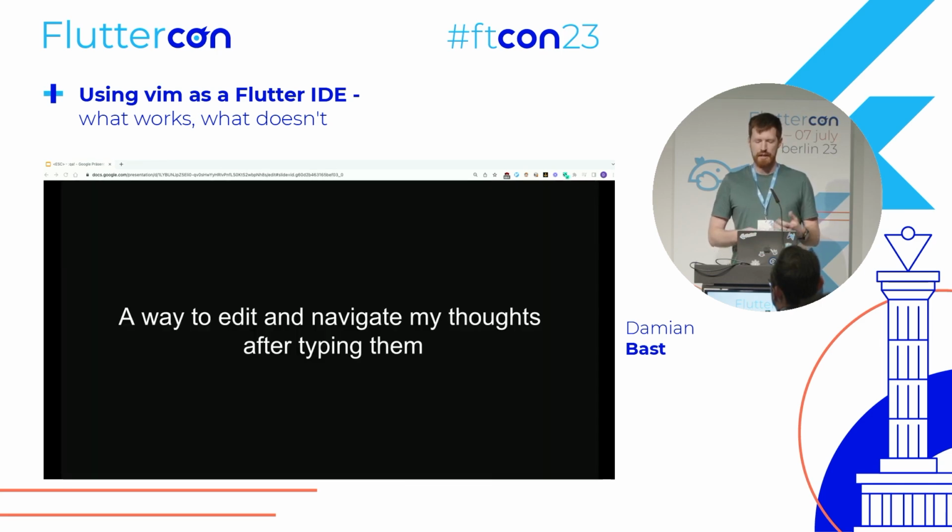And looking into what Vim then is for me, it's basically after I typed out my thoughts, Vim allows me to edit my thoughts again and navigate inside of my thoughts. And I also like to use Vim for note keeping and all of that because it is part of my thinking process. When I type stuff, then I want to be able to edit it. I want to be able to select words and do operations on it like I'm used to doing in Vim. It's a little bit weird, but that's just how my thinking evolved over the last 2 years when I started